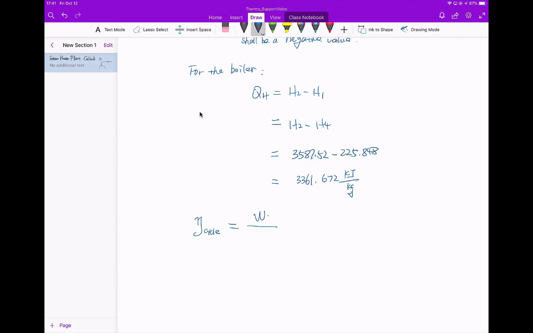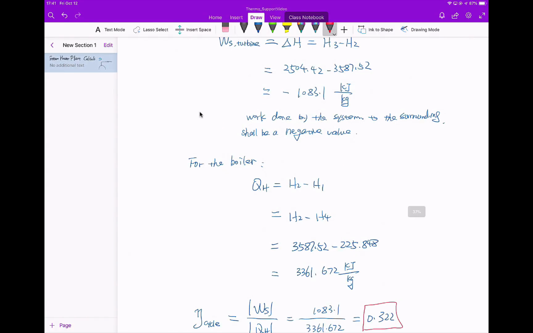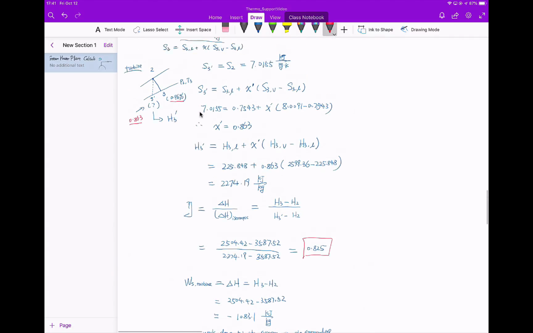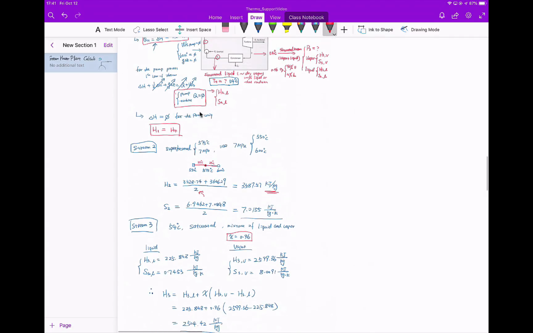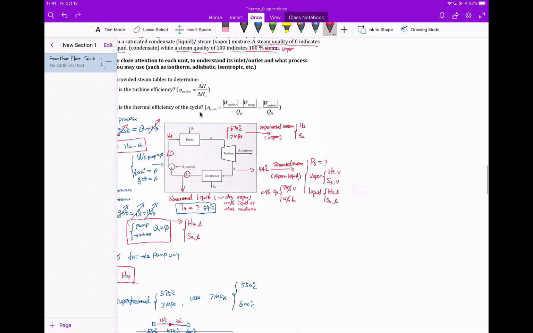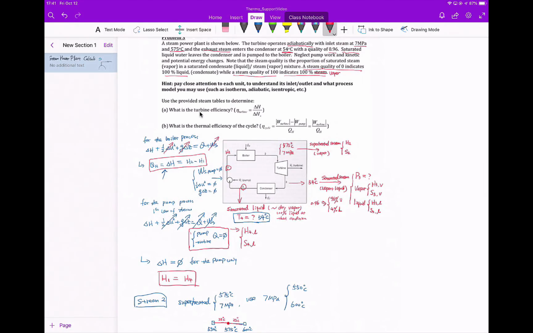So now you use this definition for the whole cycle. Yes, basically shaft work versus QH. So this is why we could finish the calculation by definition. Alright, that is a very nice problem, and it requires the reading. Let's go back to the diagram. It requires the reading of all sorts of diagram,